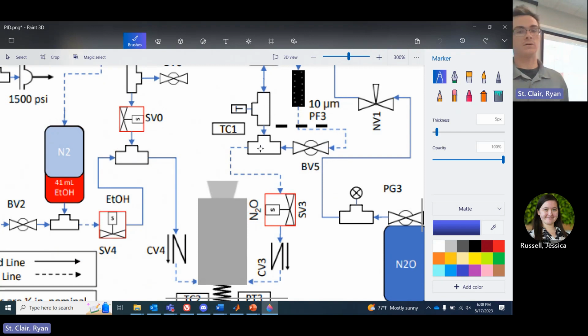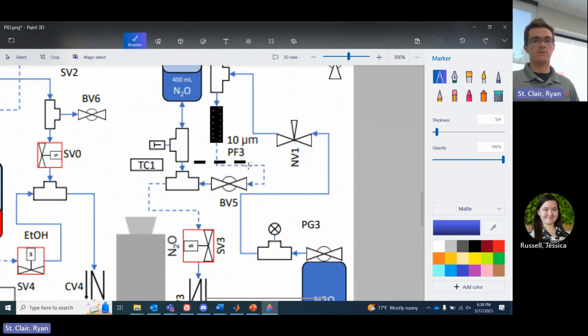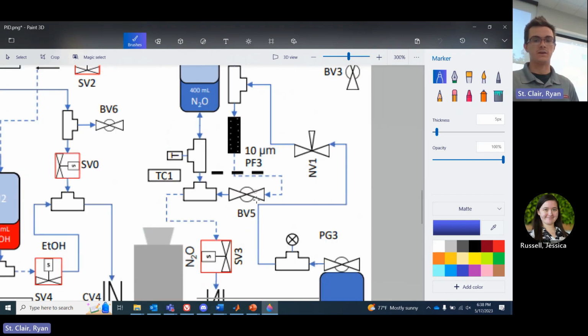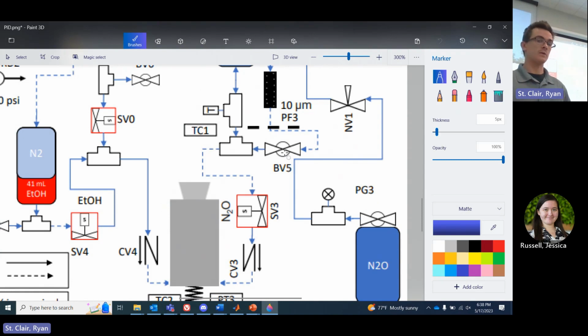And if it wants to go into the engine, this dotted line here represents that the rest of this system is going to be cut off. You can see that represented right here too. So during a hot fire, this basically doesn't exist. So this is just kind of open to atmosphere. But this ball valve will be closed during a hot fire, and so nitrous oxide will enter through this control